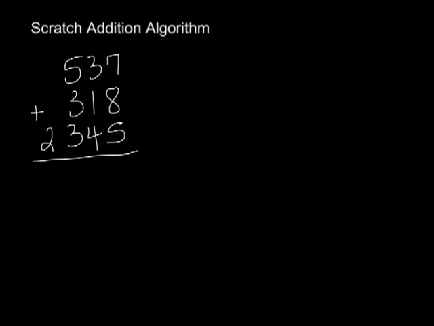So for example, if I add 7 and 8, I get 15. So that's one group of 10 and an additional 5. So I'm going to make one scratch through the 8 because I've reached 10 and put the additional ones that I've got there. Now 5 plus 5 is a 10, so I'm going to put a scratch through the 5, and I've got 0 in the ones.